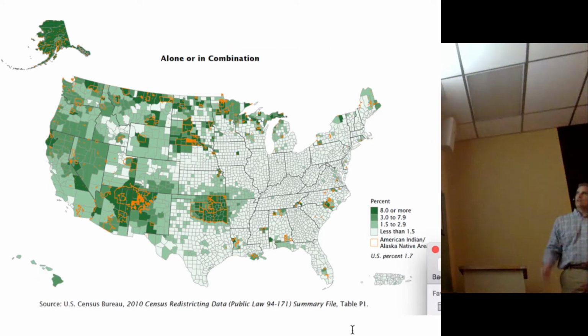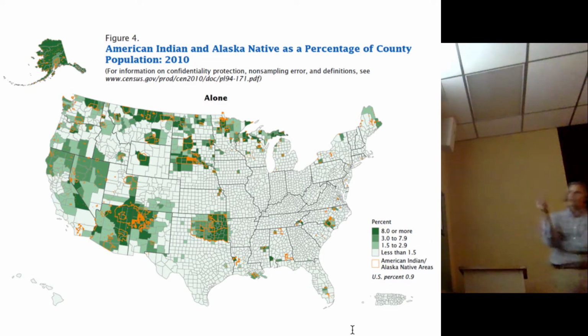All right. Now, let me back up a little bit. If we're looking at this map, think of these as reservations or as some kind of political entity. You know, the Wind River Indian Reservation up here in Wyoming, a lot of smaller ones up in the north woods of Minnesota and Wisconsin. But those tribal jurisdictional areas don't always correspond entirely with the presence or the location of the American Indian population.